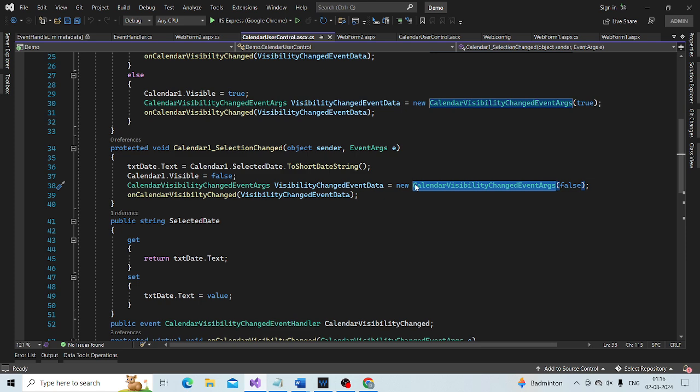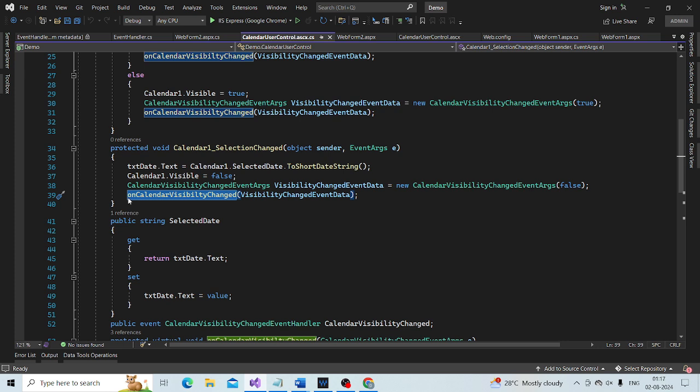And then we are passing that event data when this event is raised.